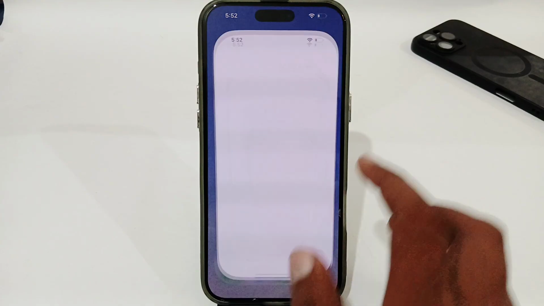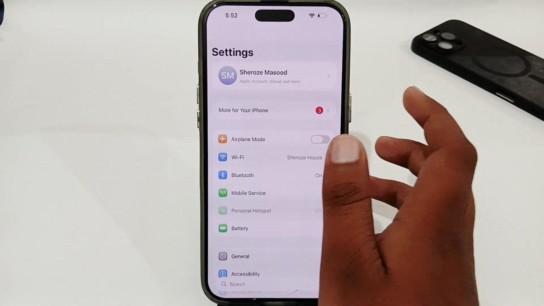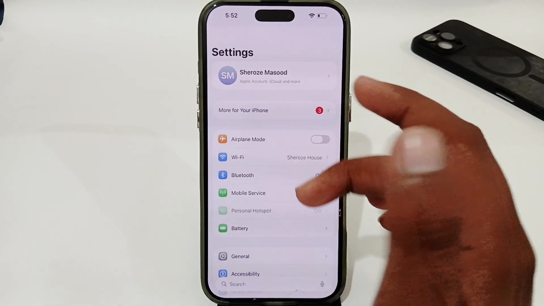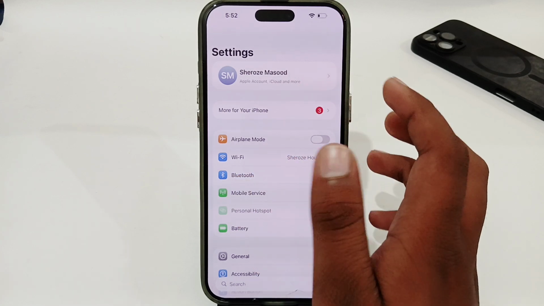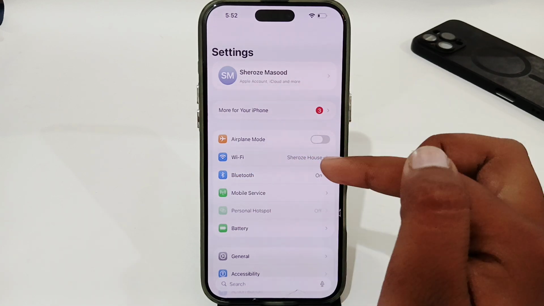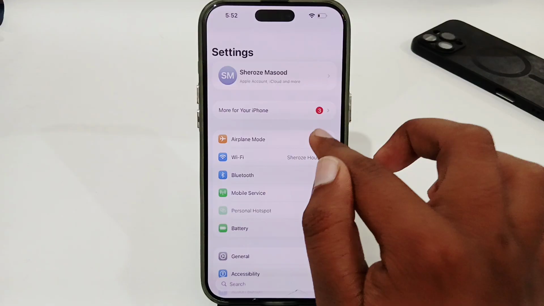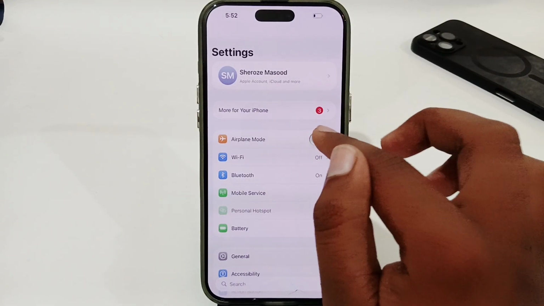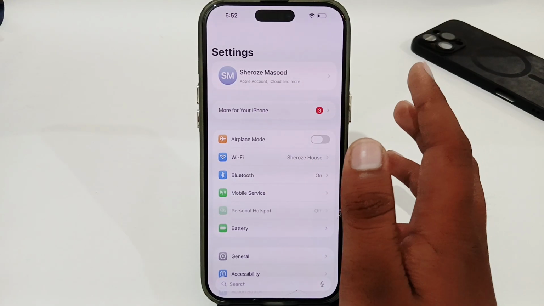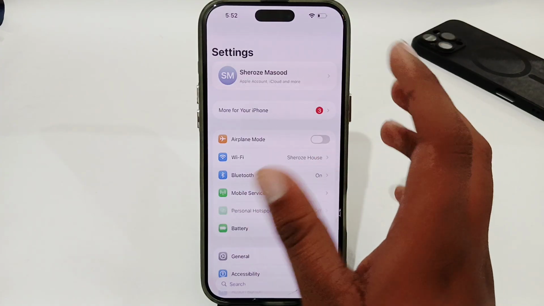First of all, you just have to open the Settings, and here, to change your country or region, you have to change some settings first. So first of all, make sure that you have a stable internet connection. Try to enable and disable your airplane mode up to 4 or 5 times. It will quickly refresh your network settings, because sometimes your network is not stable and you might